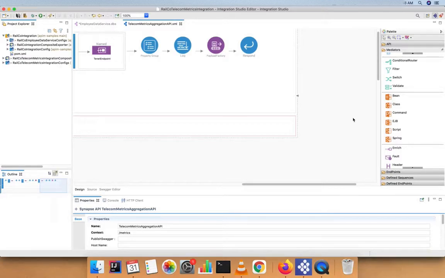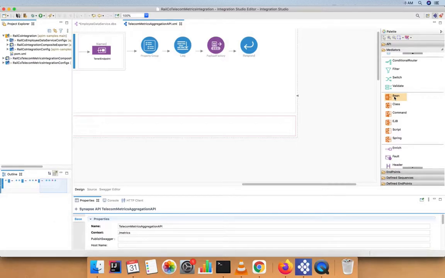On your right side you see the tool palette. You can use this tool palette to design your integration flow. There are a lot of tools available. If you want switch case mediators, filters, if you want to call databases, or call Java classes, all these capabilities are there. With this you can design your integration services.